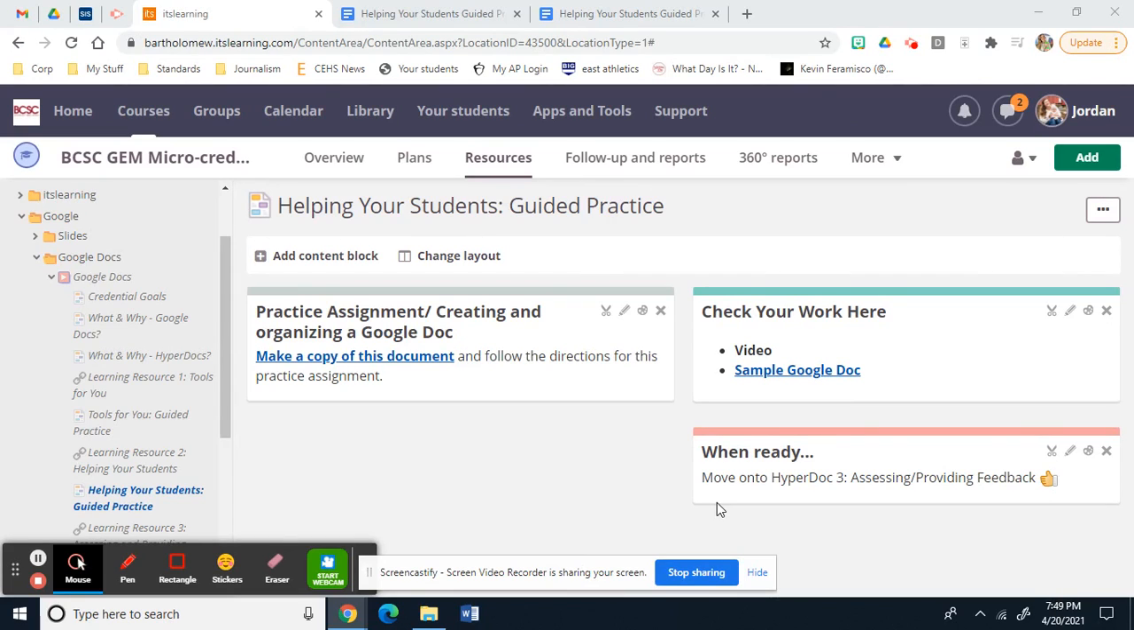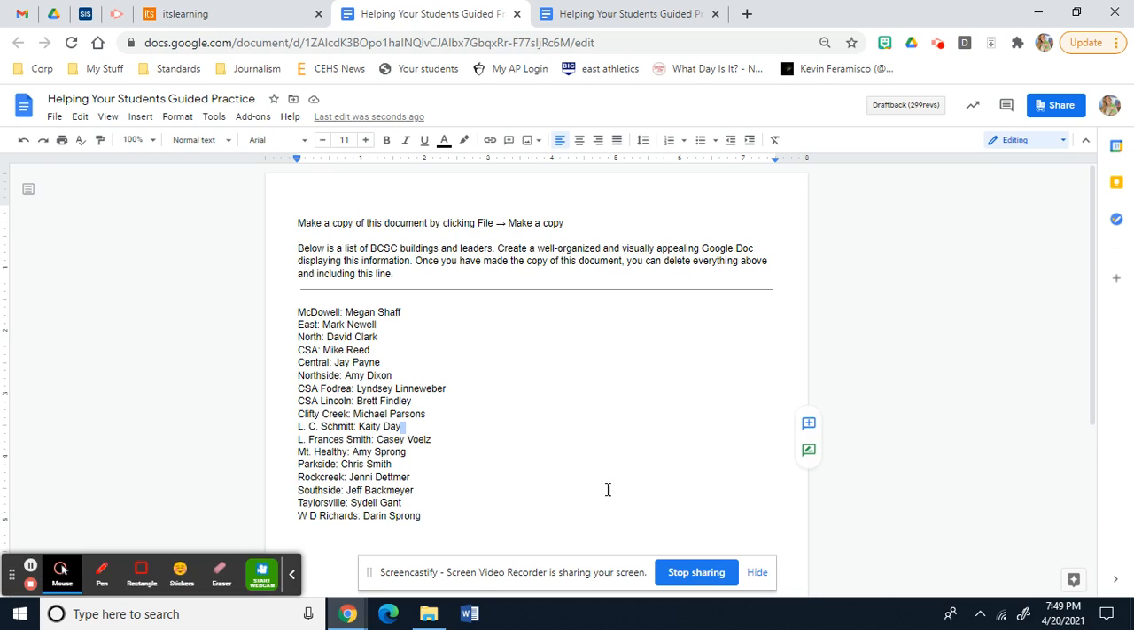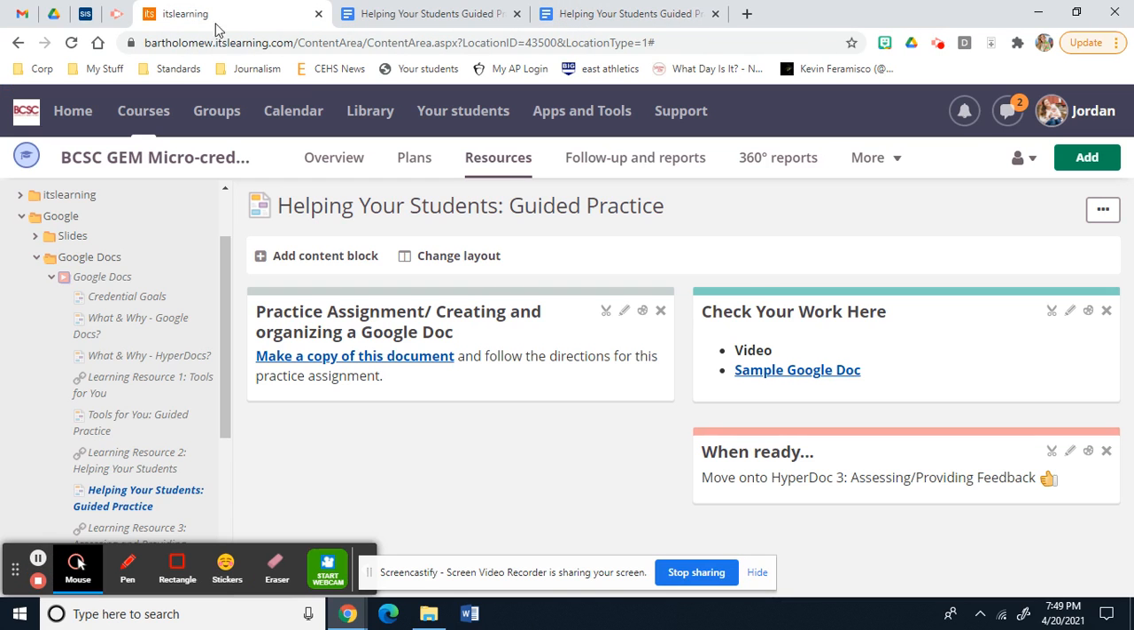This was your second guided practice task, which was to create and organize a Google Doc, and specifically to take this list of BCSC buildings and their leaders and create something that was well organized and visually appealing. And there are so many different ways that you could have done this. I'm sure what you did is great. I'm just going to show you how I created this sample Google Doc,